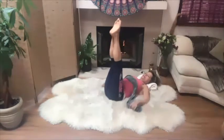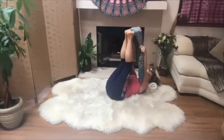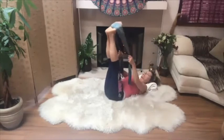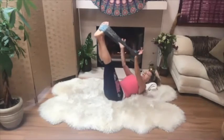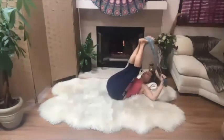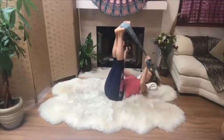There we go. Now drawing the knees in towards the chest again, have your strap handy and place your strap around your feet, the balls of your feet. Now we'll rock the pelvis back and forth using the strap. So doing this at your comfort level, keep the legs straight. Take the hands along the strap where it feels comfortable to just rock back and forth here. Feeling a nice stretch along the back of the legs. Of course, you're welcome to bend your knees for this, modify. Or keep the legs straight if that's